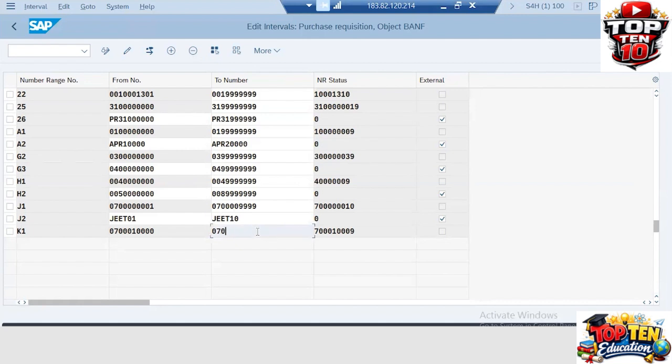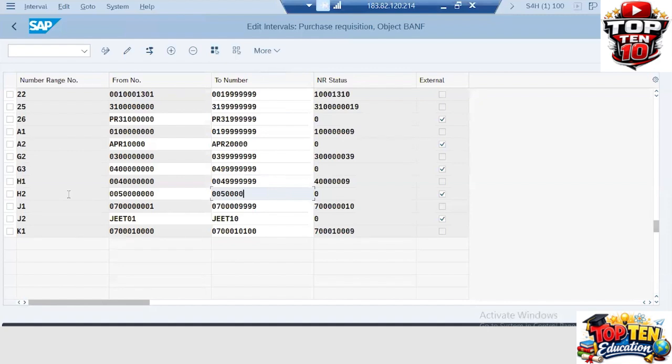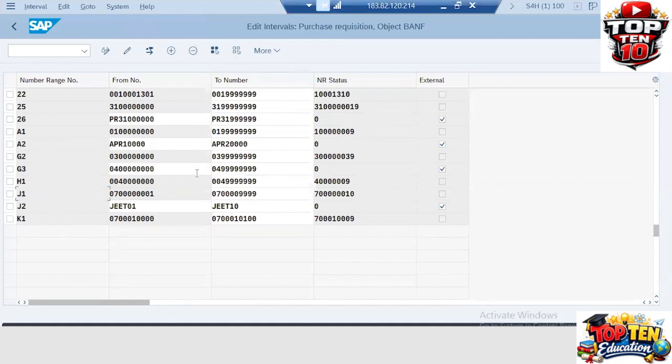we can edit that data. That is okay. Now look at this one. That can be deleted, no problem. H1 cannot be deleted. This is how we can edit the number range, and we can free the number range,